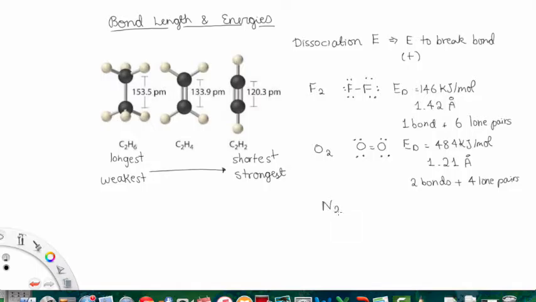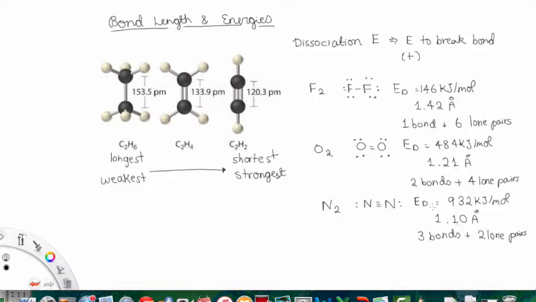Then let's look at N2, which is nitrogen bound by 3 bonds to another nitrogen with 1 lone pair on each nitrogen. The dissociation energy in this case, as you can guess, is going to be higher than these two values: 932 kilojoules per mole, with a bond distance that we expect is going to be shorter, and it is. In this case, we have 3 bonds and 2 lone pairs. The reason I've been writing out the number of bonds and the number of lone pairs